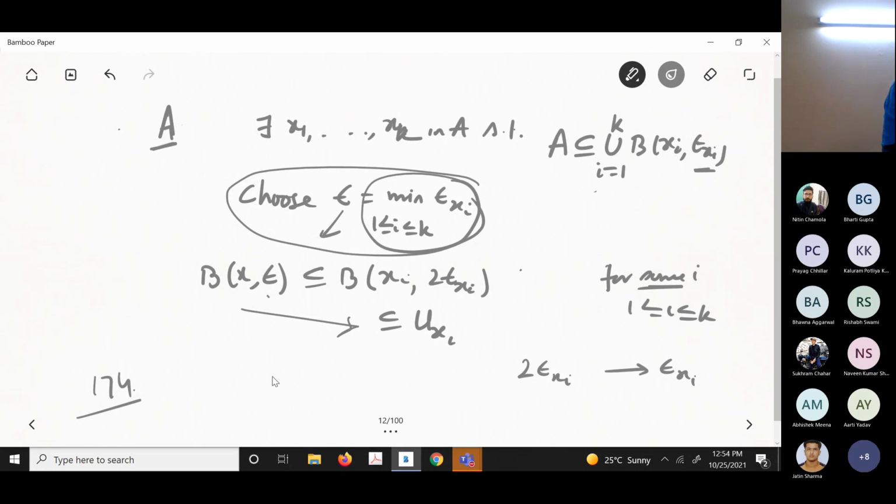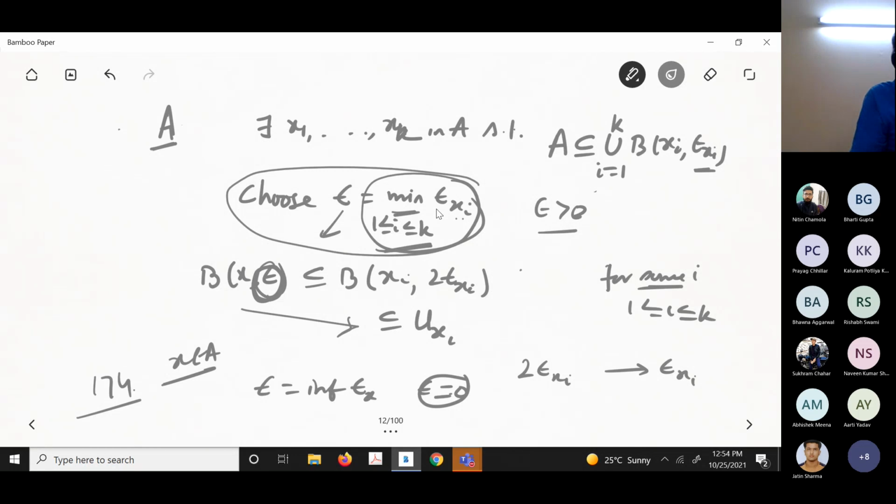I could choose epsilon equal to the infimum of this epsilon x, x belonging to A. But the only problem is that this could be 0. Then the whole proof won't work. Look, the radius has to be always strictly positive. So that is the problem happening. But when I am taking finitely many, then actually the minimum is one of them. So epsilon is greater than 0. This is the thing it will ensure.